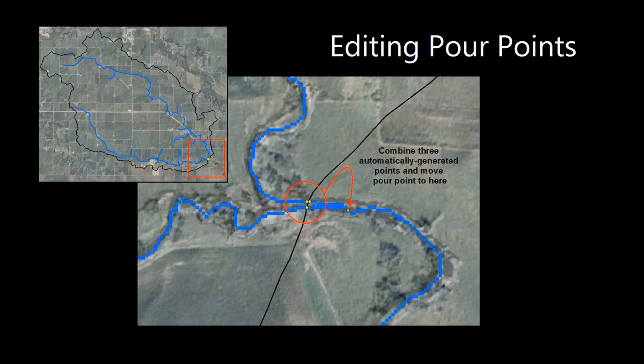Here's an example of output pour points I got from a different watershed. You can see in yellow that 3 pour points were generated for this watershed along that boundary. And this is because we have 2 distinctive flow networks exiting the watershed at this point. In reality, the pour point should be put further downstream of the confluence of those 2 flow networks. So when we move it downstream, this will be considered our new outlet for the watershed.